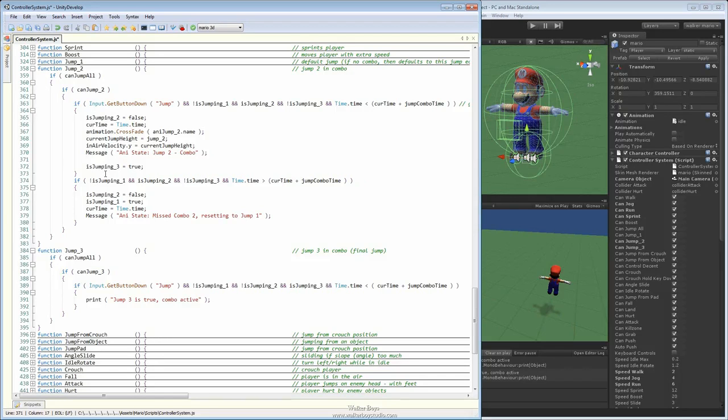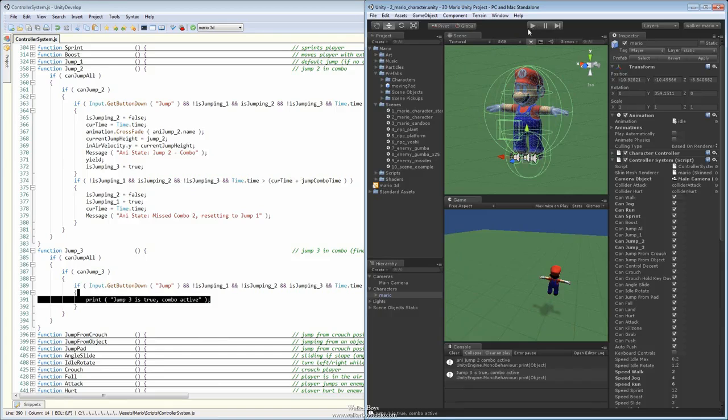Alright, so if you've already figured it out, great. If you haven't, what you're looking for is a yield statement. We just simply need to pass the cycle through once, go out of it one time through, and then come back into the jump 3. If we do it this way, then the is jumping will be set, but we're not going to be looking for it until we push the button down again. Alright, so now if we save this, let's go back to here,